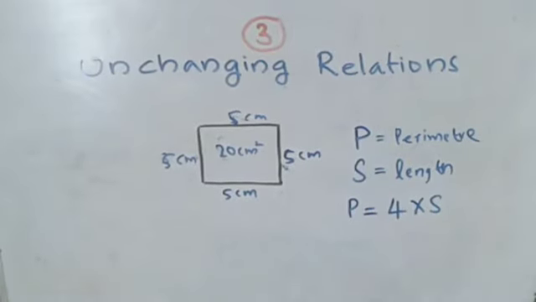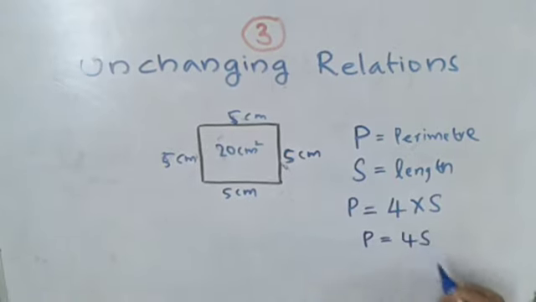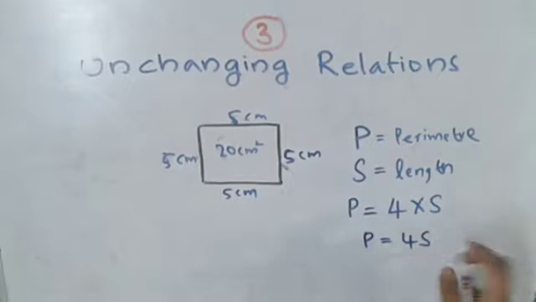We also know that when we write such a relation between numbers using letters, we don't write the multiplication symbol. Right? So we write the relation between the length of side S and P of a square as P is equal to 4S. P is equal to 4S. We don't write this multiplication symbol. Okay? When we represent this in letter form, we don't write this multiplication.